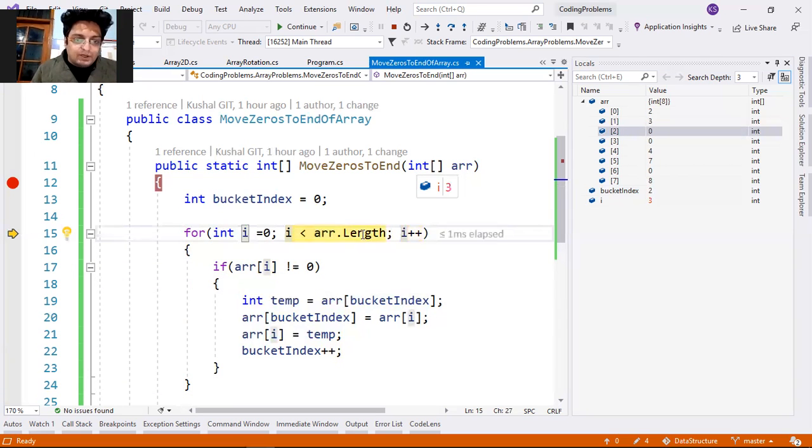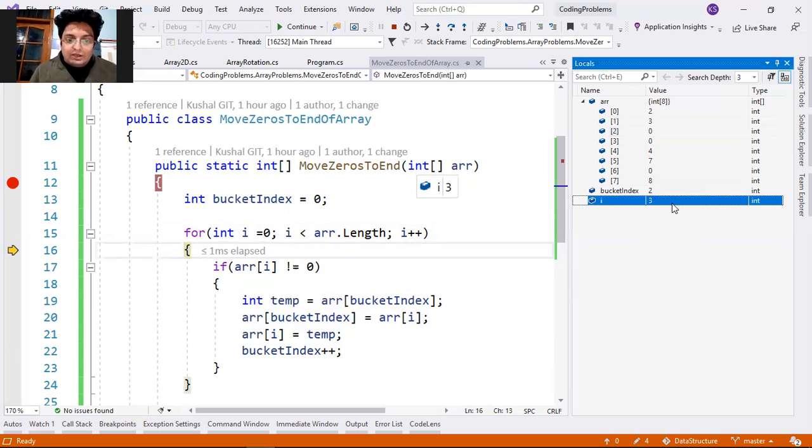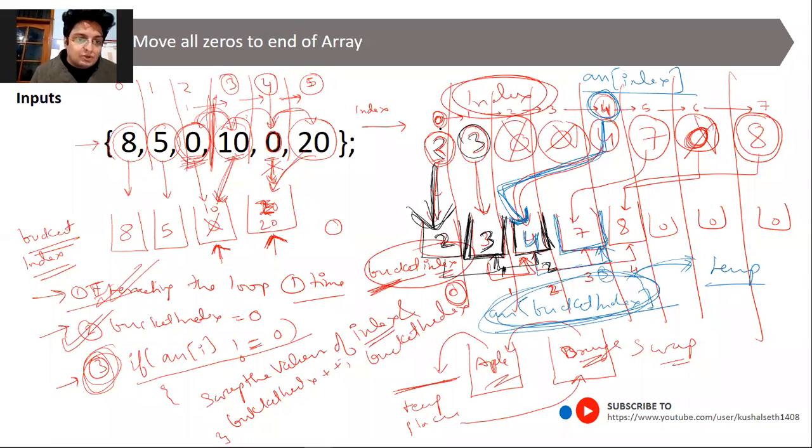But here it is very important to understand: my index has increased to 3 but my bucket index remains 2. This is this place.